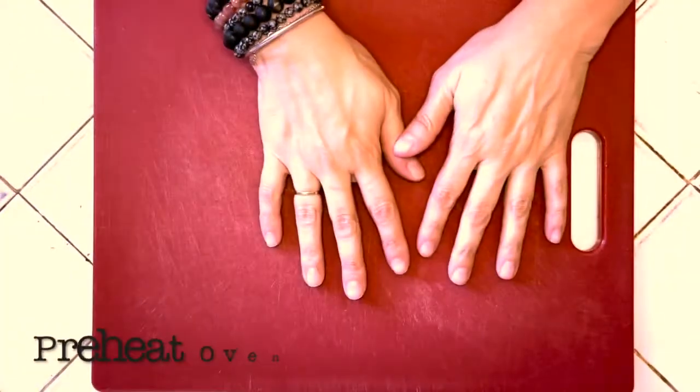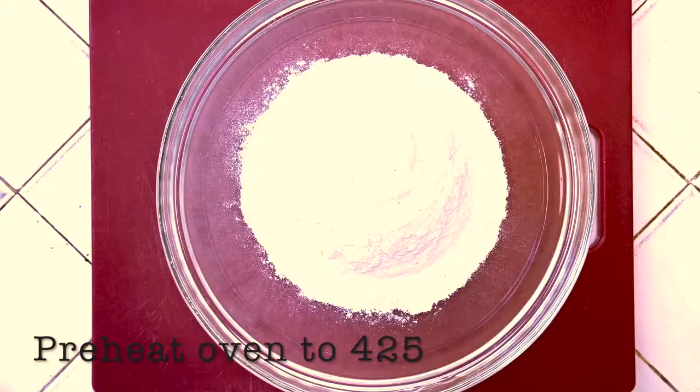It is a first time recipe, and I thought I would take it back to the beginning when I was making doughs. This is a recipe that I adapted from one I found on Epicurious, and it is Greek yogurt and scallion biscuits. It is so easy and so delicious. So let's get started. All right, so I'm going to preheat the oven to 425,